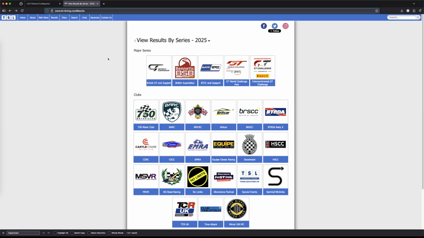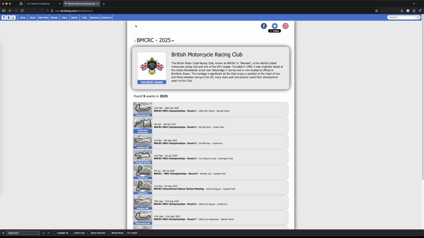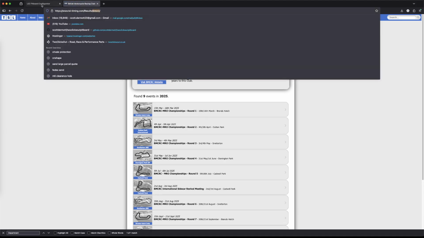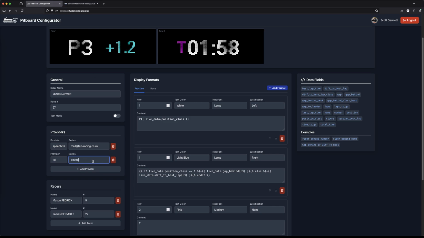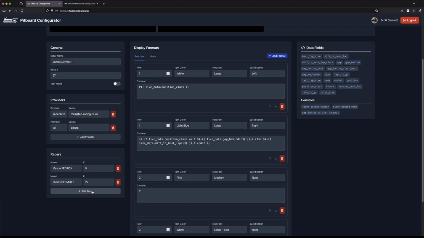If I have a look on TSL's website and find the championship that I want to race in, we have Bemsey here, which is BMCRC. I'm just going to copy that name. The case doesn't matter, but I'm just going to put it in lowercase to match everything else. So I'm just going to add BMCRC there as a provider, and then I'm going to add myself to the